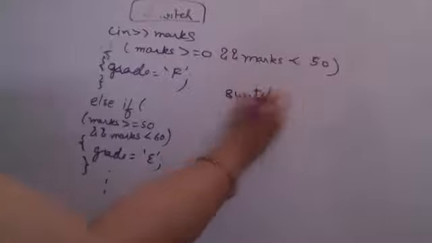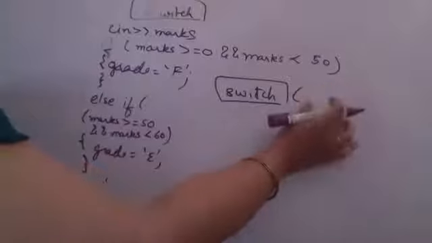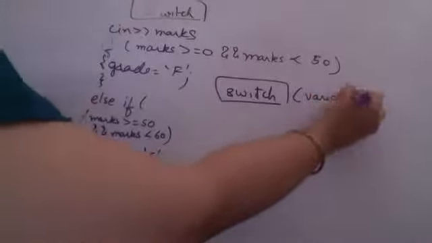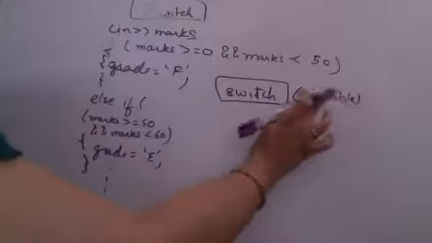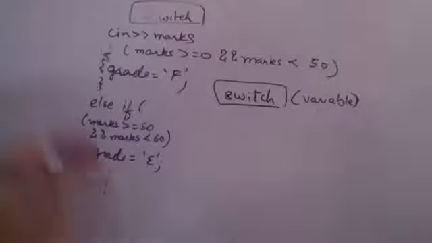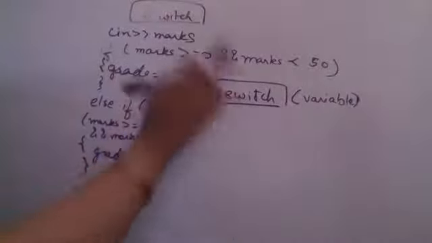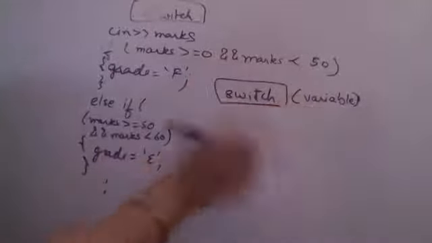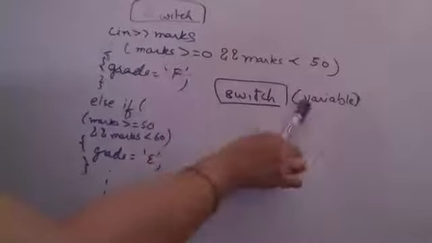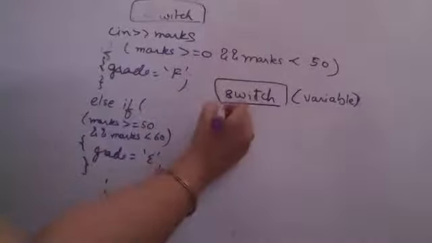switch case statement. So in switch, we mention a condition or a variable over here, which can be an integer, it can be a character, it cannot be an array, it cannot be a float. I am repeating: the variable that you mention within a switch statement has to be an integer variable or a single character variable. It cannot be a float. It cannot be any array. I hope I am making myself clear.